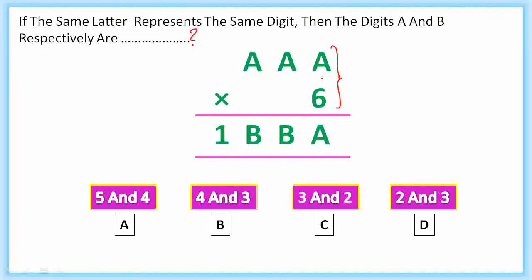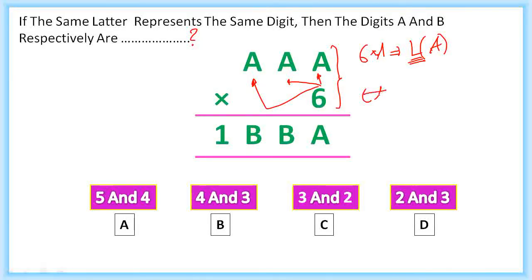So how do we multiply any digit? We multiply like this, right? First of all the 1's digit, then the 10's digit, then the 100's digit. So we're going to do the same thing. We'll get 6 into A should have the last digit as A. In this case, L meaning last digit, okay?